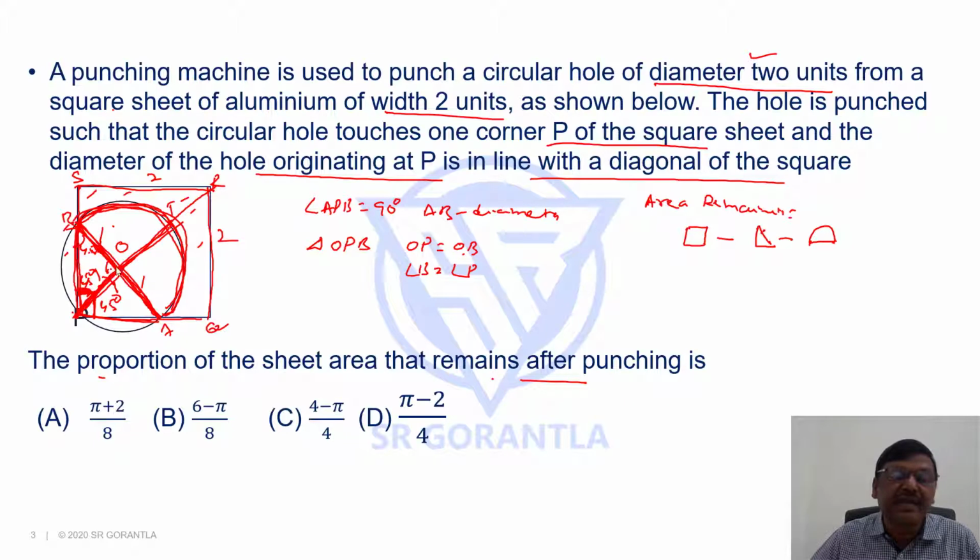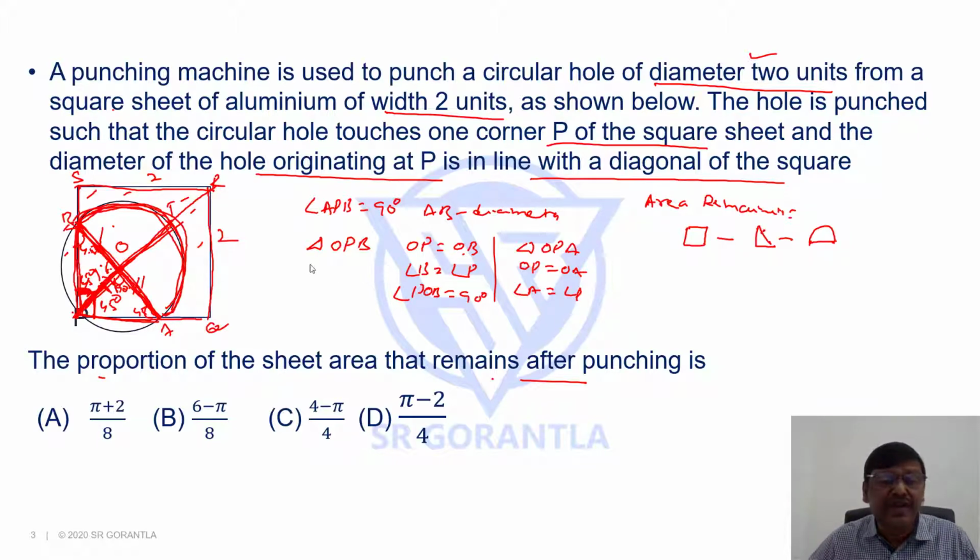So this angle, the angle at center, that is angle POB, is 90 degrees. Similarly, we can also say here, this is 45, this is 1, this is 1. If these two are equal, like I said here, in this triangle OPA, since OP equals OA, their opposite angles, angle A equals angle P, so this is 45, this is 90.